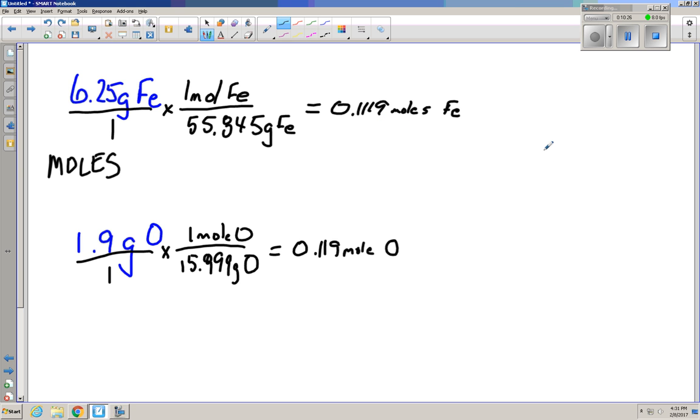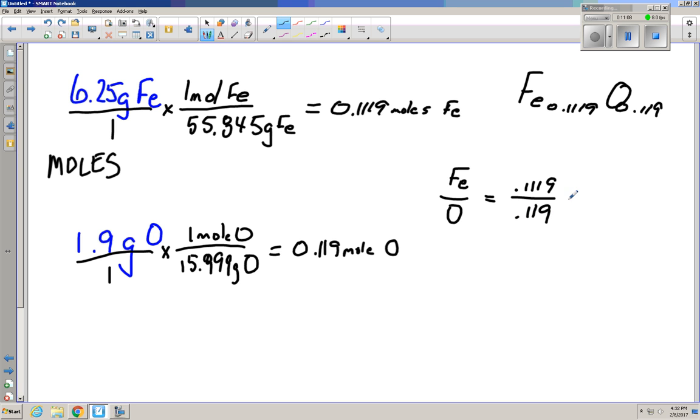Now, if you take a look, you're seeing something where these two numbers are kind of close, and we could put these into a chemical equation right now and just use those as the ratios. Fe 0.1119, O 0.119, and everyone looks at this and they're like, I have no idea what you're actually doing there. So what we'd really like to do is normalize this, make it so if I actually wrote down the ratio, the ratio of iron over oxygen right now is 0.1119 to